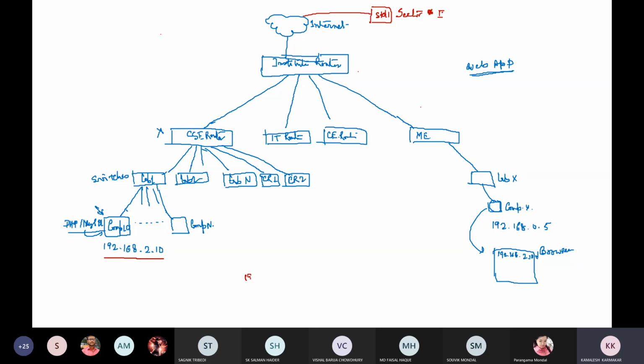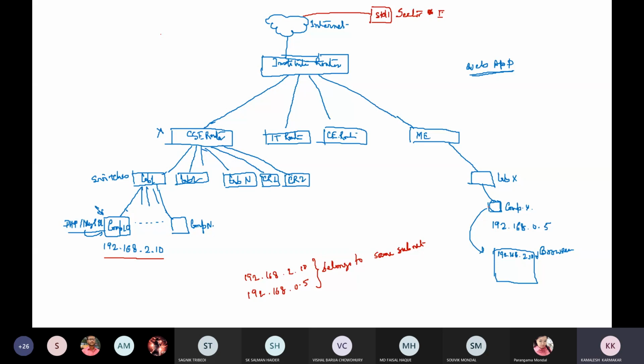If 192.168.2.10 is this machine and 192.168.0.5 is another machine, if they belong to the same subnet, then they are accessible from each other. This machine and this machine can talk to each other.